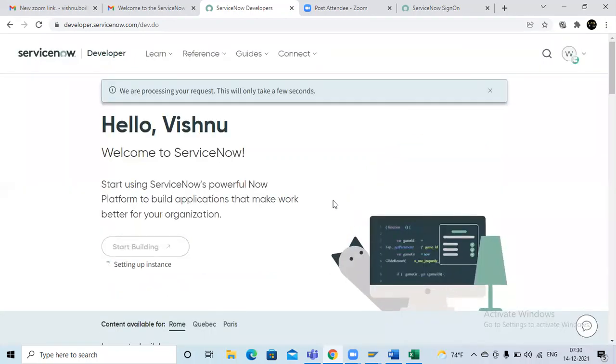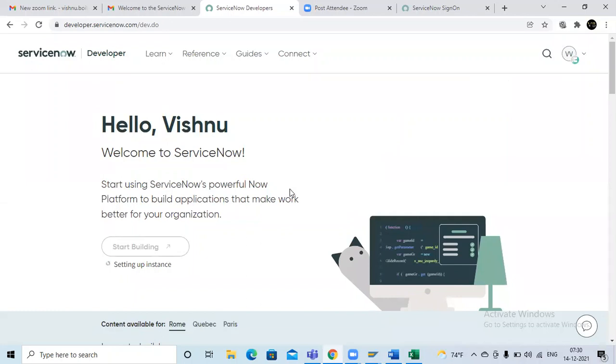Okay, so it will take around 2 to 3 minutes to process your complete information, because we have selected I am not the developer, I am another person. Okay, so for other persons, the system is creating the new software. So it will take around 2 minutes. Here you can see start building. Okay, it will take around 2 to 3 minutes.